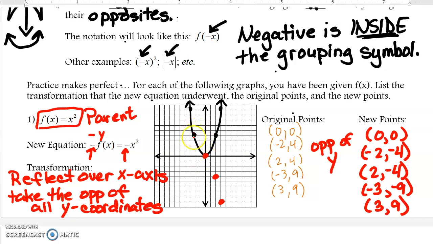Instead of going up 4, we're at negative 2, down 4, and negative 3, down 9. And it still makes that same parabola when we go through and connect all of our points. It's that mirror image from top to bottom that causes us to have the exact same parabola